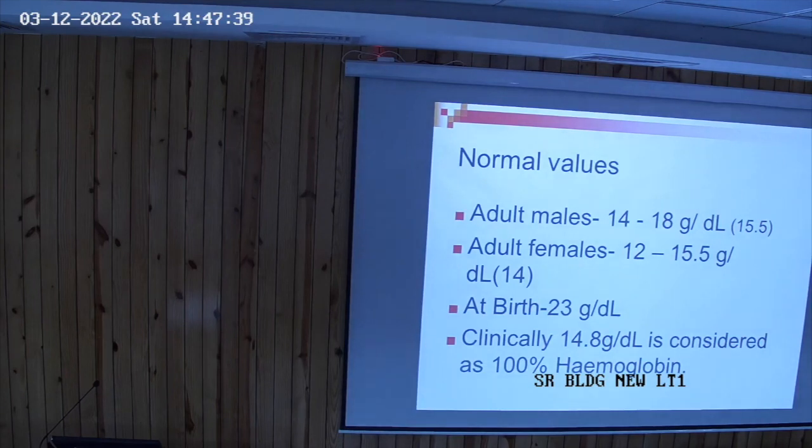Okay, in an adult male it is 14 to 18 gram per deciliter. If this is the range, then the average comes out to be 15.5 gram per deciliter. In case of adult females, it is 12 to 15.5 gram per deciliter, which comes out to be 14. That is the average. At the time of birth, it is 23 gram per deciliter. So the RBC count is more at the time of birth. So we will correlate it later on. Just remember it. Clinically, 14.8 gram per deciliter is considered as 100% hemoglobin, means it is totally or 100%